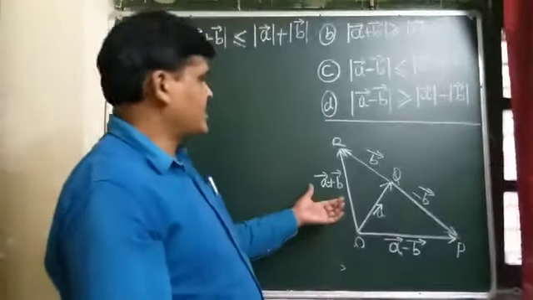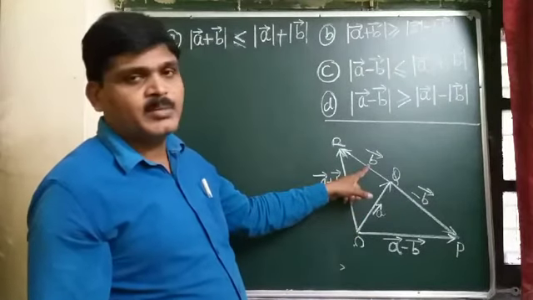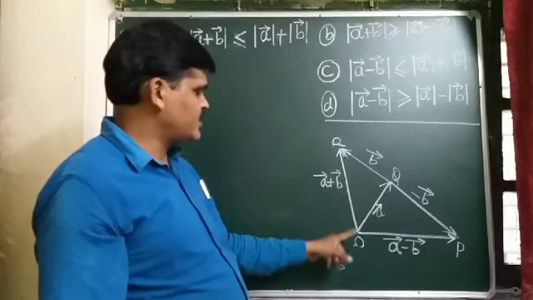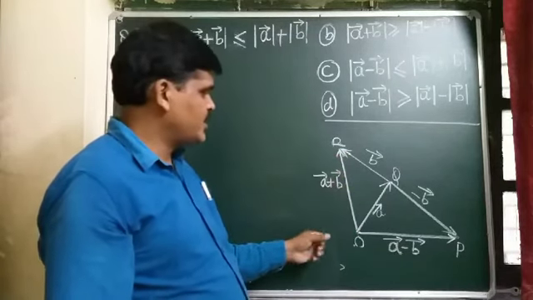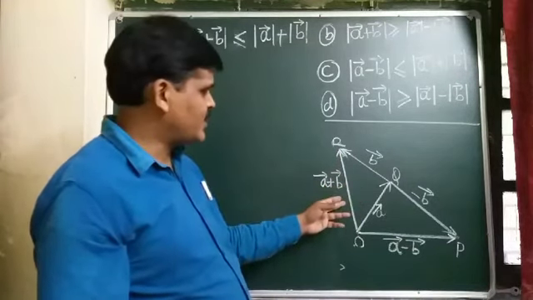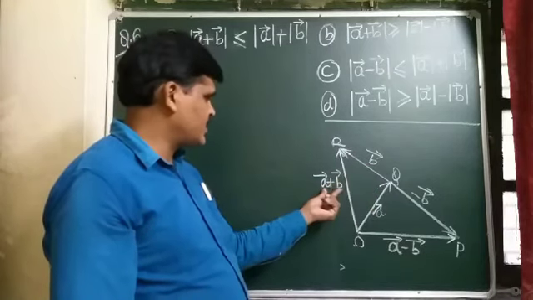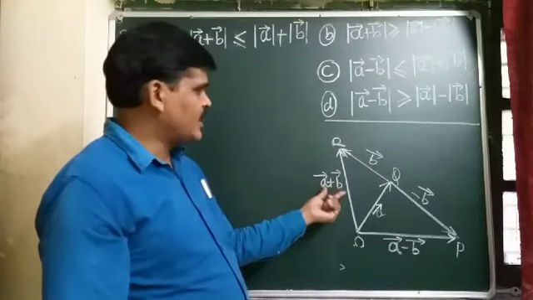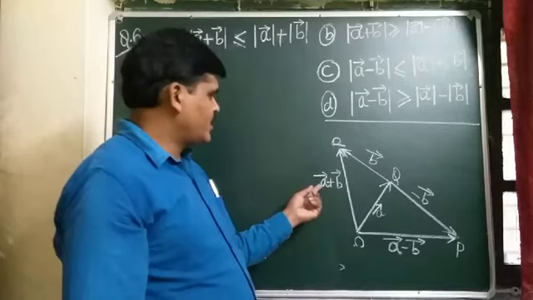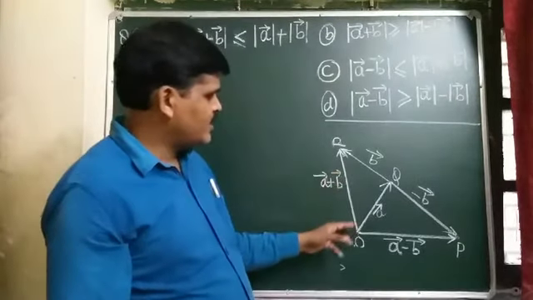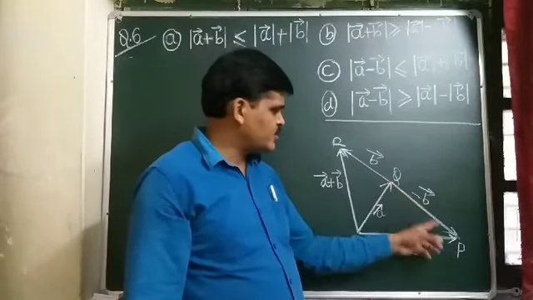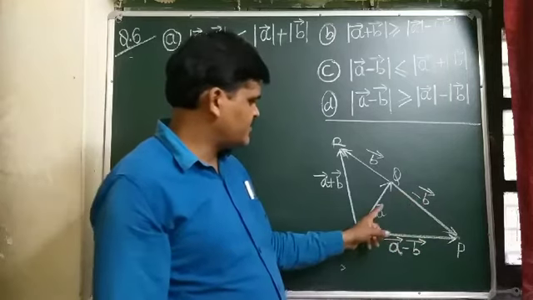So student, we draw two vectors, vector A and vector B, taken in the same order, and their resultant is taken in the reverse order. So it forms a triangle OQR, and using the triangle law of vector addition, we get vector A plus vector B, and its magnitude we can take: mod vector A, mod vector B, mod vector A plus vector B. Now the direction of vector B is changed, so this will be minus vector B, and this will be vector A.